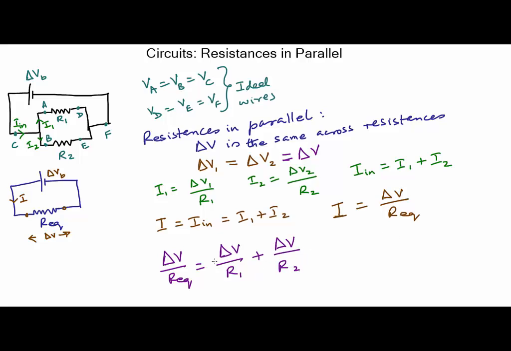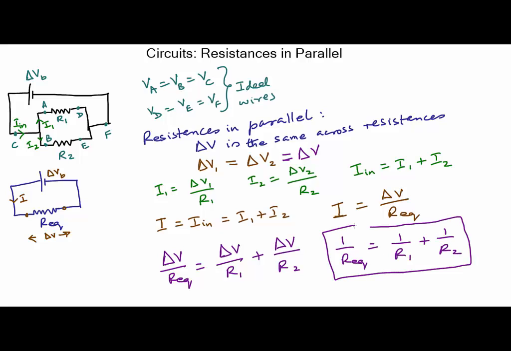And now if I divide both sides by delta V, this will lead me to 1 over R equivalent equals 1 over R1 plus 1 over R2. And this is the form for the equivalent resistance when we have resistances in parallel. You remember in series it was just simply adding the resistances, and here we've got to do a little more number gymnastics. We've got to add the reciprocal of each resistance and then take the reciprocal of that to get